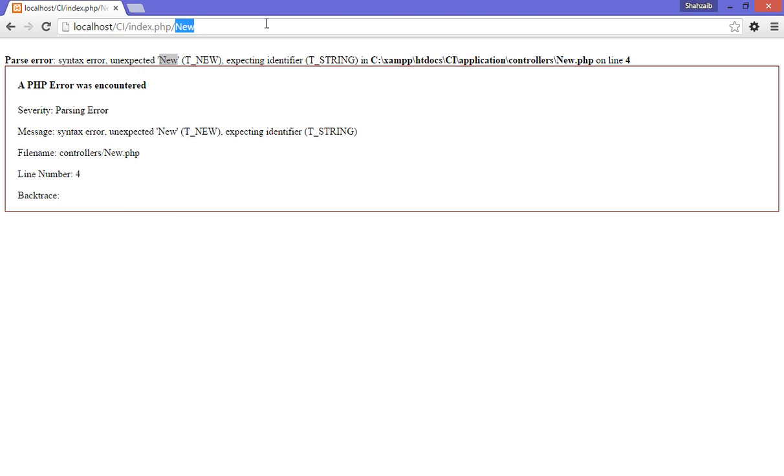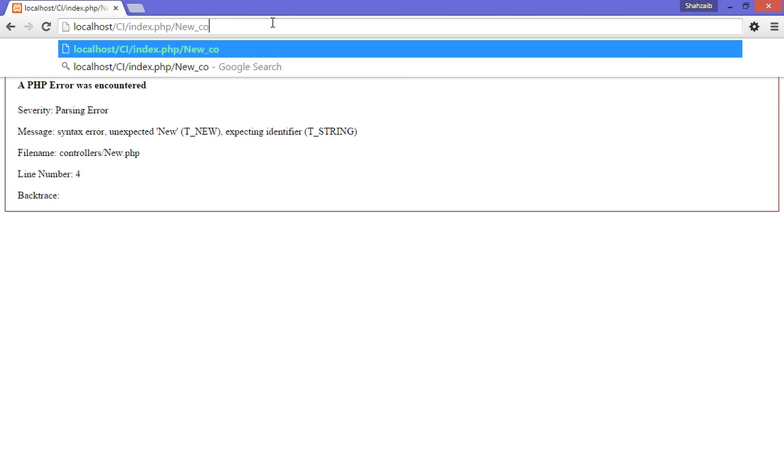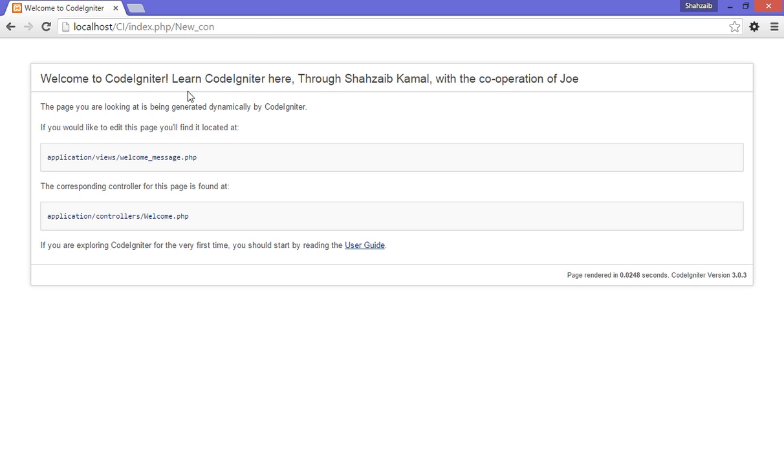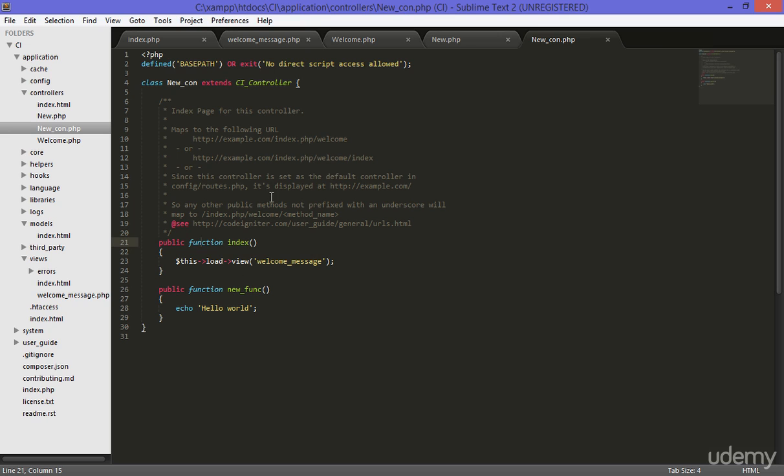Going to the browser, let's remove the new and type new con and press enter. Now you can see that I'm redirected to the view page, the welcome to CodeIgniter page. Why did I get this file here? Because in the new con we are by default loading the view, the welcome message. By using this function we can load any file from the view folder, but we can remove this one as well. We can add the echo here that